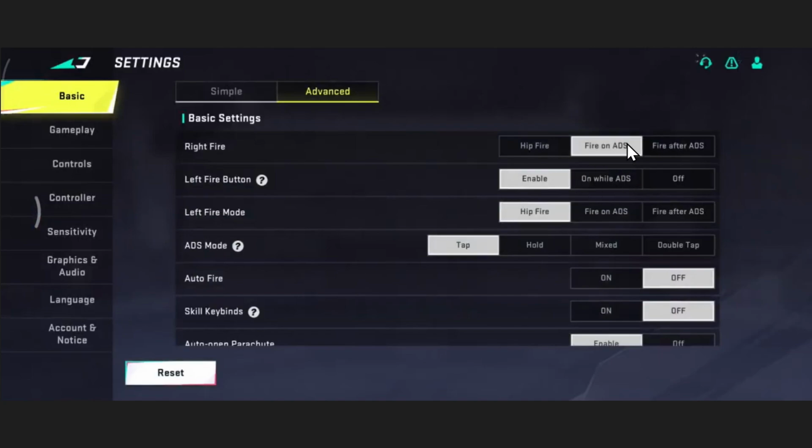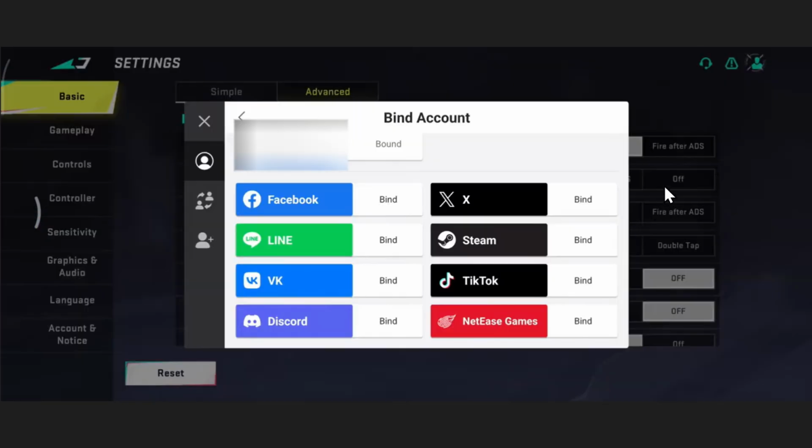The thing you need to do is open the profile setting on the top right. You need to click on it, and after that you will see this screen. From here you can just click on the profile, and after that you can actually bind your Google account. To that you can bind any other account like Facebook, Discord, NetEase Games, and anything you